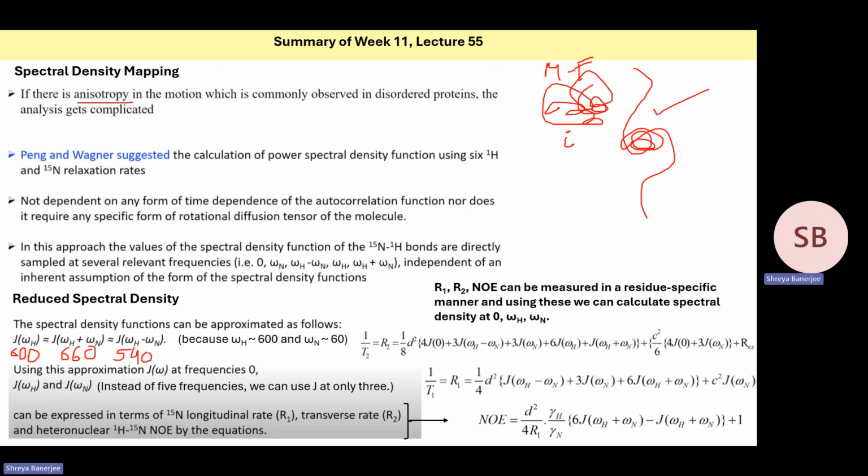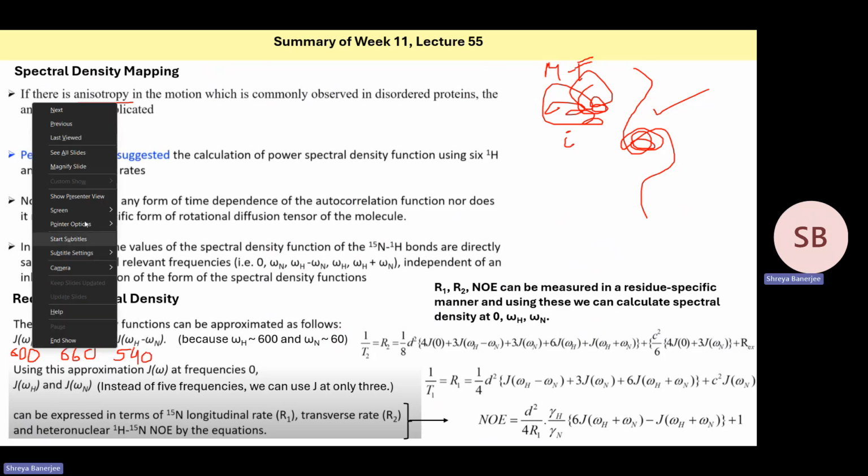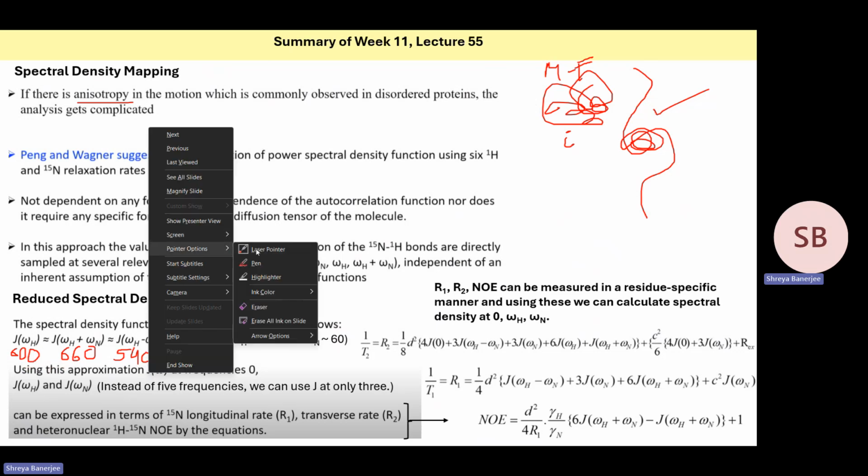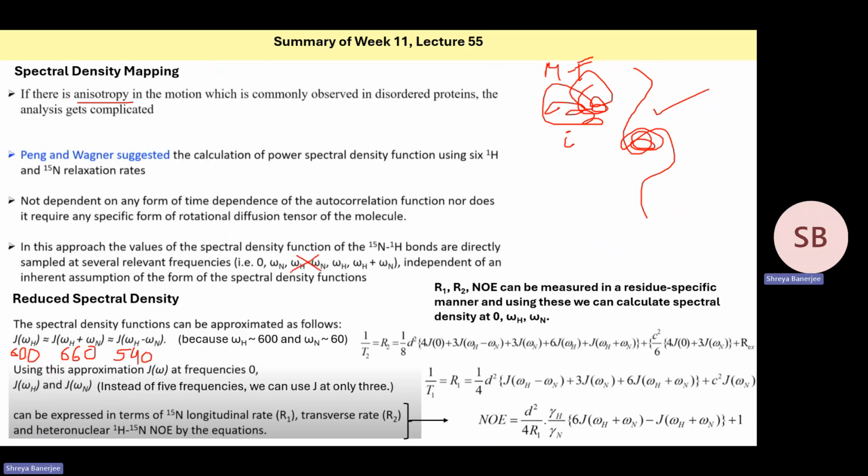We are going to assume that the spectral density function at the frequency 600 is the same at 660 and 540. So using this approximation, we can ignore the difference and the sum. So instead of 5 frequencies, we will only have 3 frequencies, omega h, omega n, and 0. So now we have 3 unknowns, the 3 spectral density functions at 0, at omega h and omega n, and